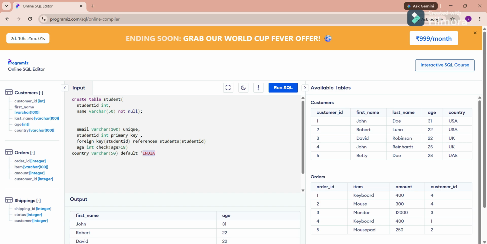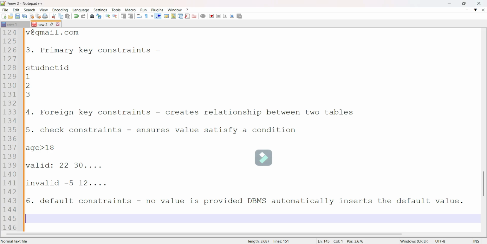For the summary: not null constraint prevents null values, unique constraint prevents duplicate values, primary key constraint uniquely identifies records, foreign key constraint creates the relationship between tables, check constraint validates the condition, and the last one, default constraint, inserts the default value.